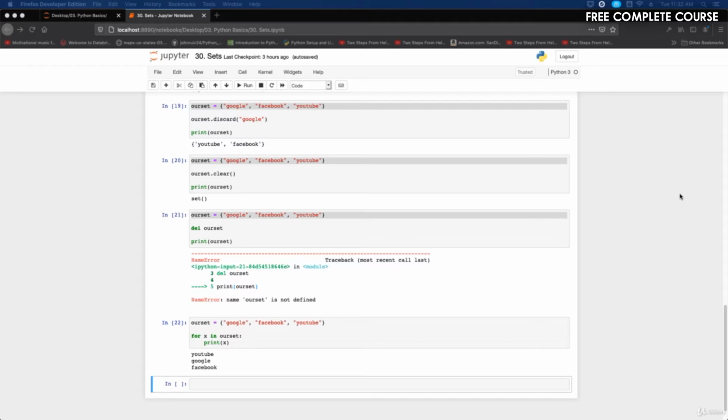Okay, so we're inside of our sets notebook and we're going to talk about how to join two sets. There are several ways to join two or more sets in Python. You can use the union method that returns a new set containing all items from both sets, or the update method that inserts all the items from one set into another. So let's look at the union method first and see how it returns a new set with all the items